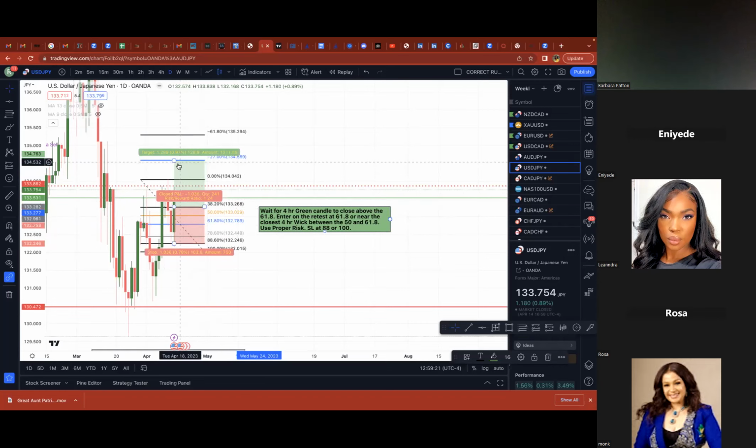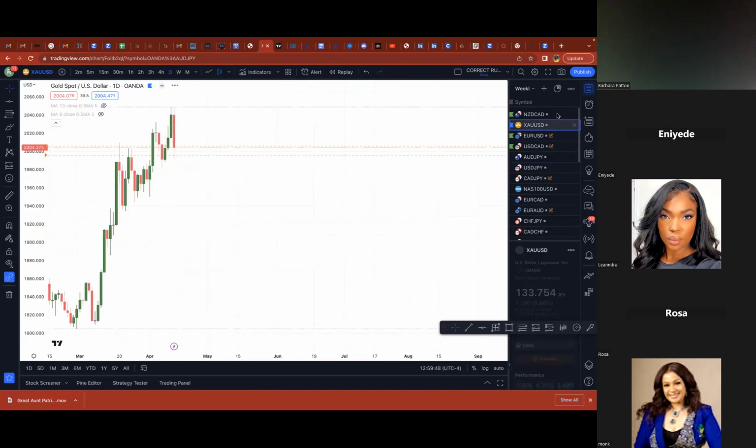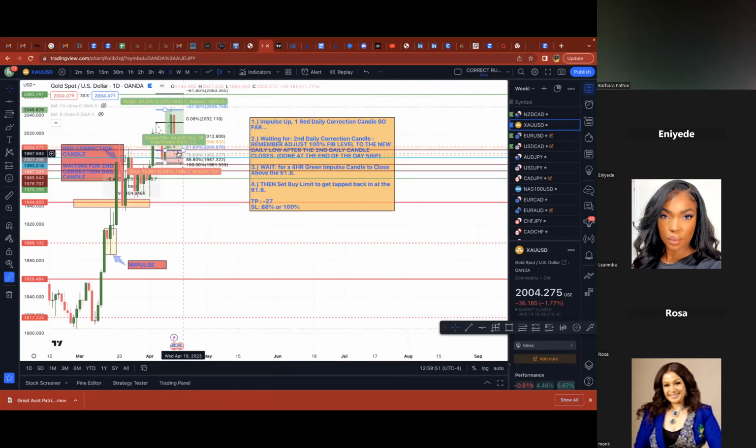Just do that. Or if you want to risk more, because this closed way above, you just want to be a little bit more careful, or if you know what you're doing, go ahead and do it. Or you can just risk the 1.2% and get your cookies, and just wait for the next setup, because there's more. Gold will probably be setting up again. We're going to wait for another daily red retracement candle, and then we're going to look for buys. So gold will likely set up again.